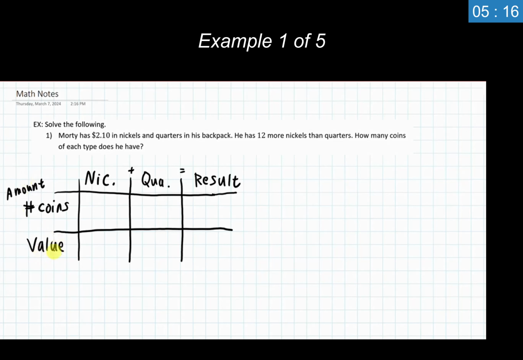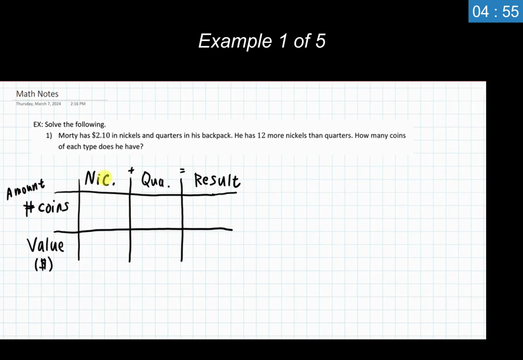Now, what value are we working with? Are we working with euros? Are we working with pounds? We're working with dollars here. So again, make sure we have that written out. We have it very clear for ourselves that we're working with a dollar value. Now we can start filling in information in this problem and filling in these boxes here.